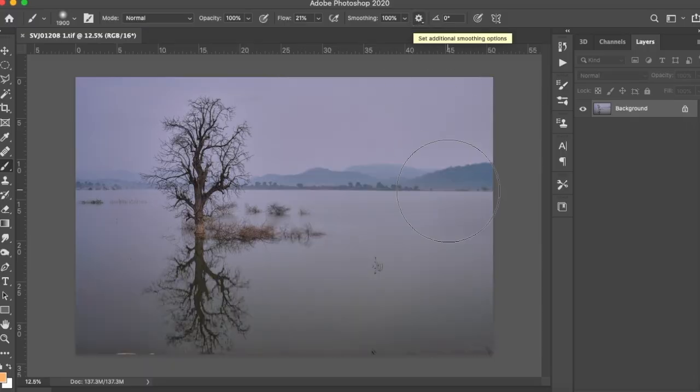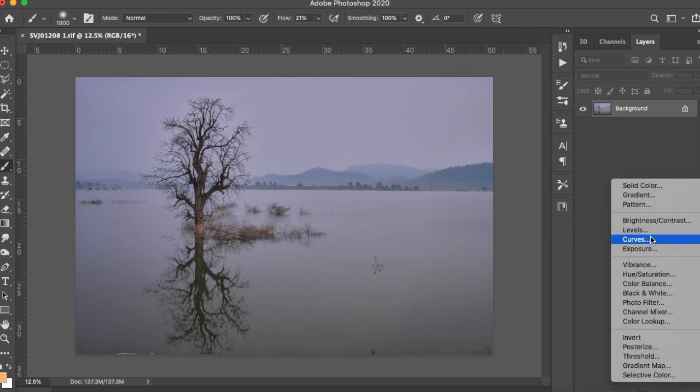So here we are in Photoshop now. So just analyze the photo a little bit. What further can we do? We can add some curves to add contrast to the photo and make it look more three-dimensional, as this image is currently still looking two-dimensional. And what we need to do here is create some depth in the photo and try and bring the viewer's eye more towards the tree.